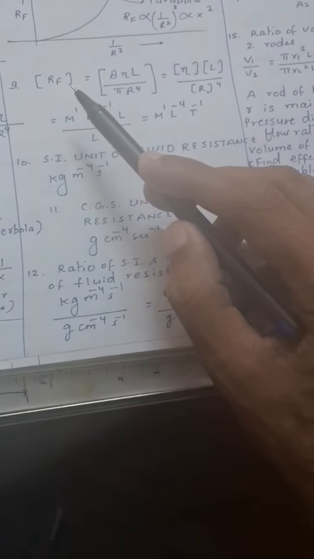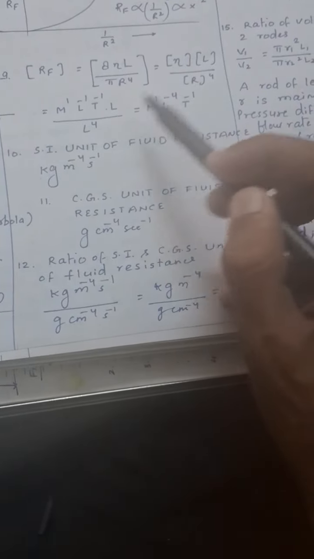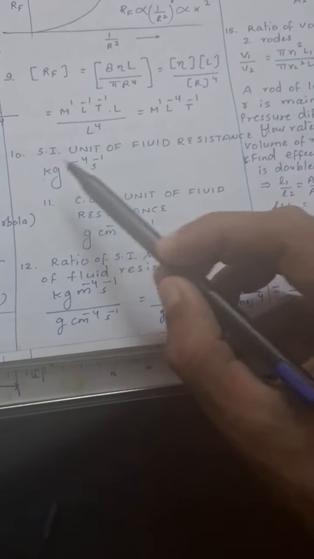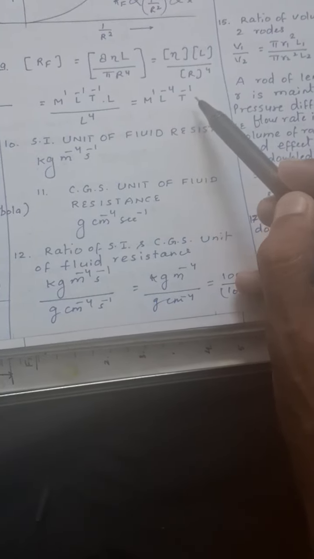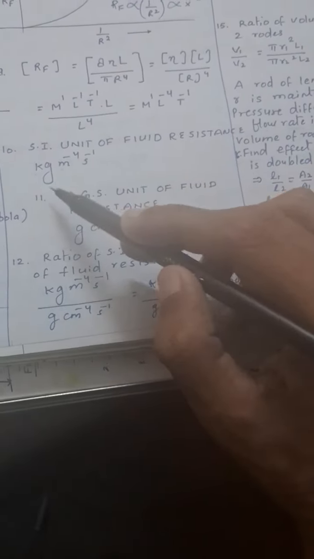Next, if we find the dimension of fluid resistance, after calculations, this is the dimension of fluid resistance. Next is the SI unit. We can say that kg meter^-4 second^-1 is the SI unit. CGS